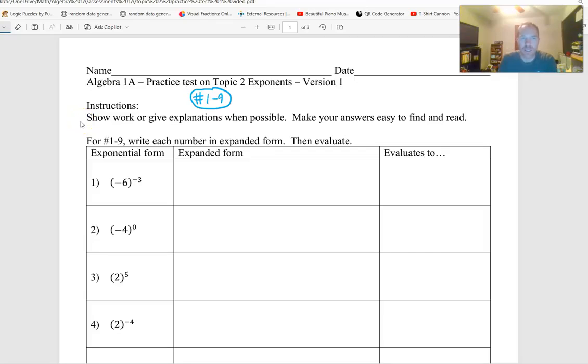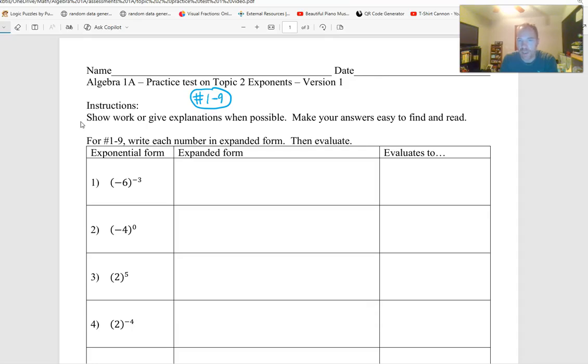This is a video covering the practice test for topic 2 on exponents. This is version 1 of the practice test. In this video we're going to try to cover numbers 1 through 9. Our instructions for numbers 1 through 9 say to write each number in